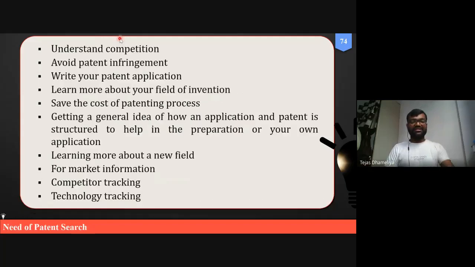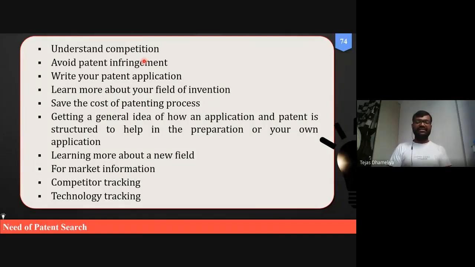So this is what is considered in the patent prior art search. What searches is the person going to do before filing of the patent? That is called prior art search. Search before the filing of the patent. Then there is other information on why we should do the patent search. It has been highlighted on the screen that these are the things we should consider when we go for filing of the patent. We need to understand the competition, and we need to understand patent infringement.